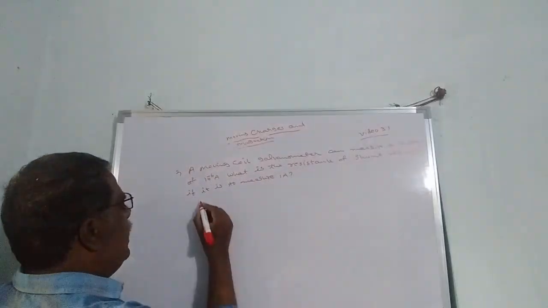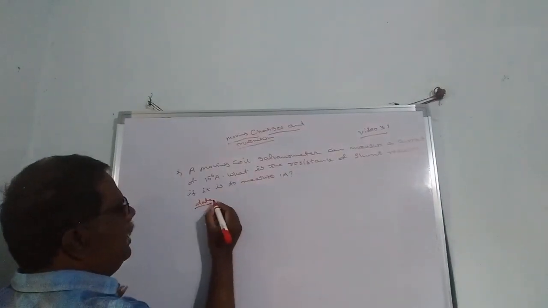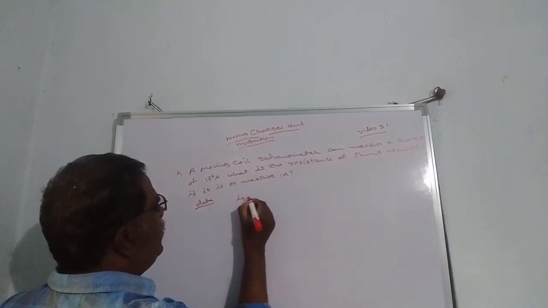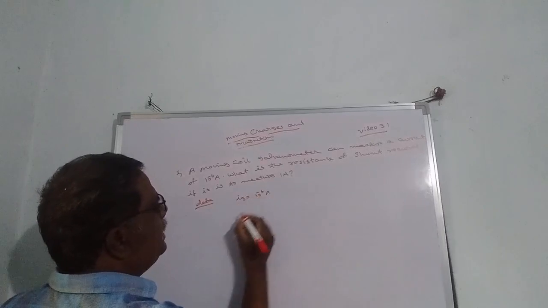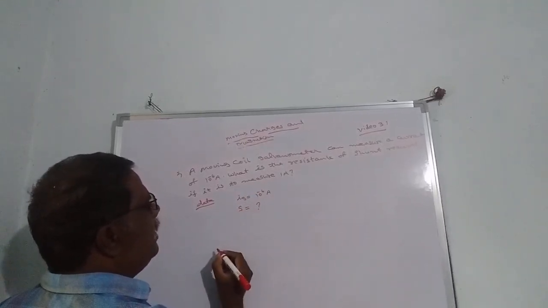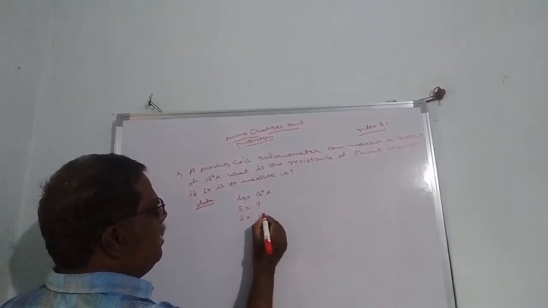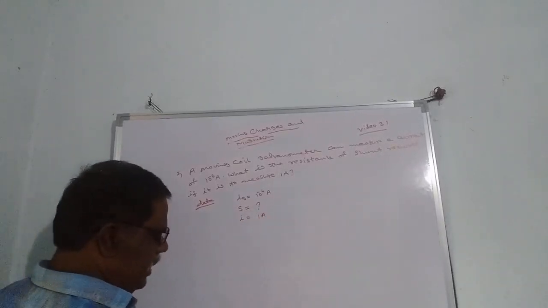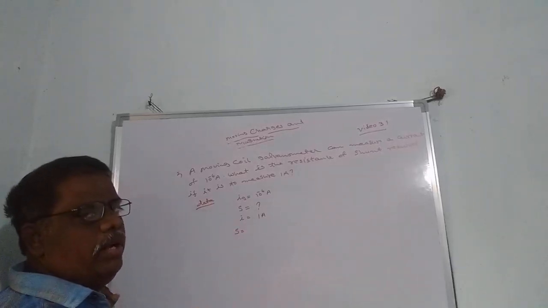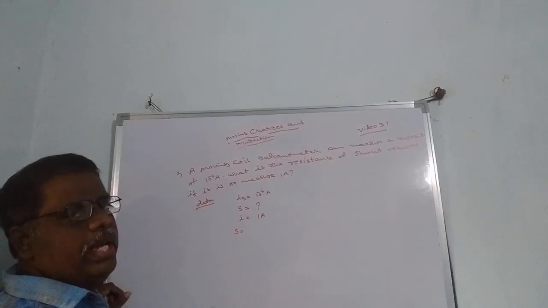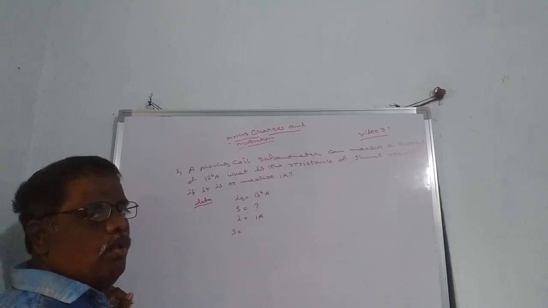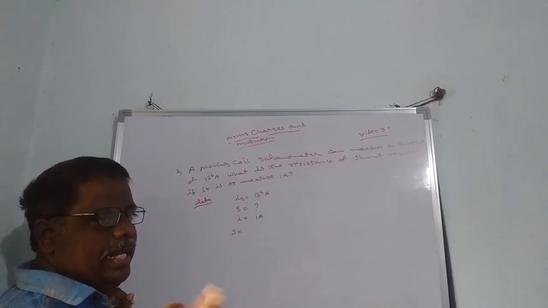And note down the data here. Moving coil galvanometer current, that means Ig is equal to 10 power minus 6 amps. What is the shunt resistance required? Yes, we have to calculate it if it measures a current equal to 1 amp. So what is the formula? We have already derived the formula for how to convert a moving coil galvanometer into an ammeter, and also the formula for converting it into a voltmeter. Both we discussed in yesterday's class.